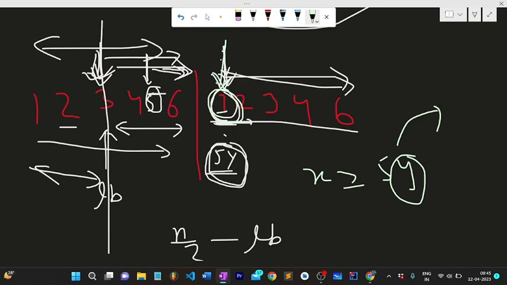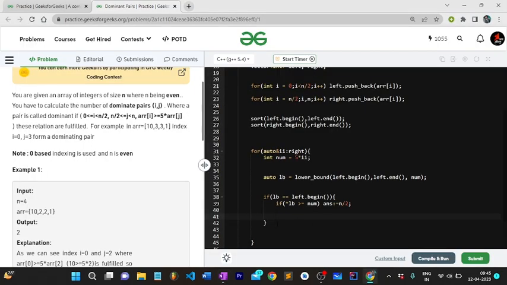So if my iterator is stopping here, and I know that this array element from the left-hand side is greater than or equal to 5 times y, then can I say that all the elements can be taken into consideration? So what is the total size? Since we have divided the array into 2 equal halves, this total array size will be n by 2. So that's why we have added n by 2 here.